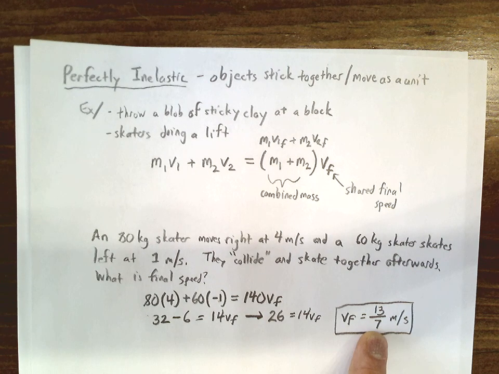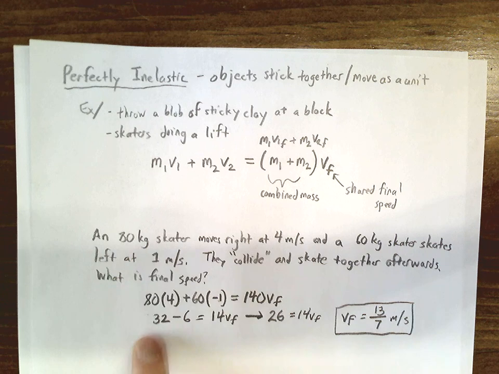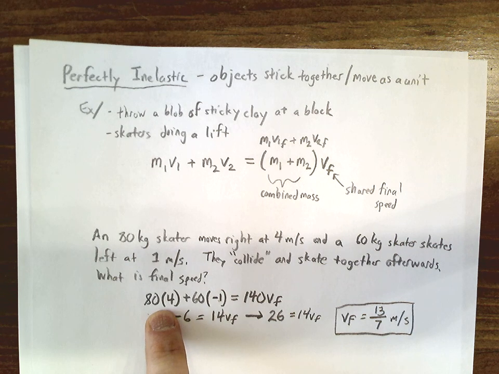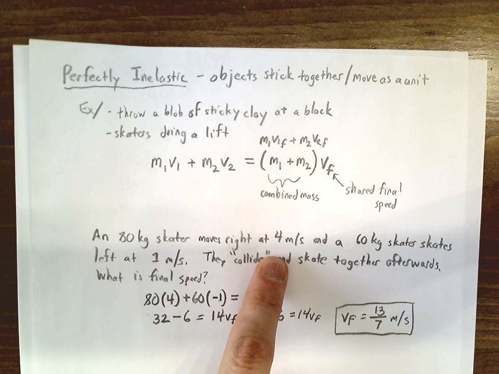Thing to note here, the answer is positive. So that means that both of them are traveling together in the same direction as the 80 kilogram skater that we designated as moving in the positive direction. And that makes sense. The 80 kilogram skater has both more mass and more speed, so his overall momentum is